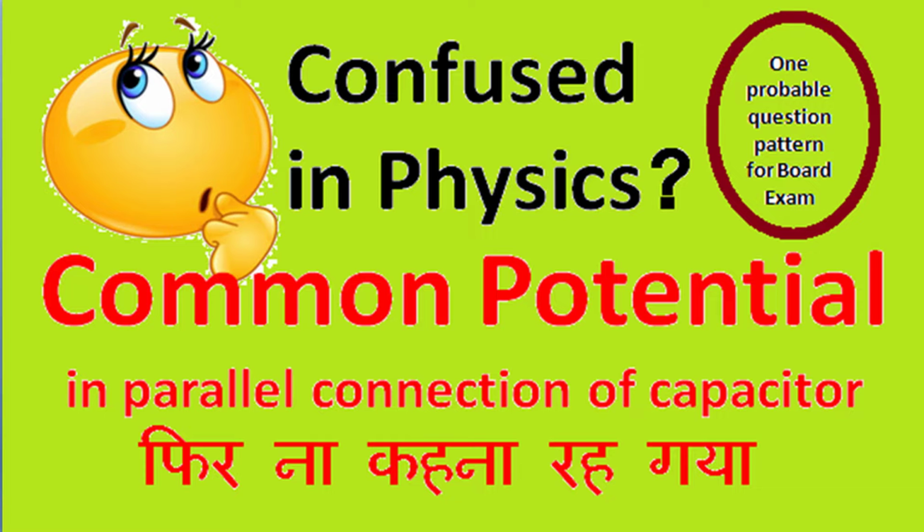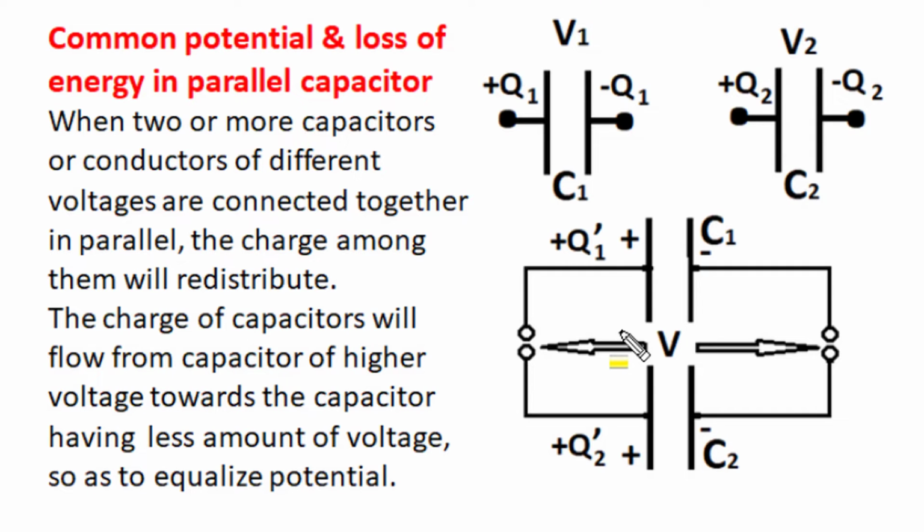So let's understand the concept of common potential. First, understand the problem related to finding out common potential. When we are given two or more capacitors having different potentials on them after charging, and if such capacitors are connected parallel to each other, then charge on the plates will have to redistribute so as to achieve the identical common